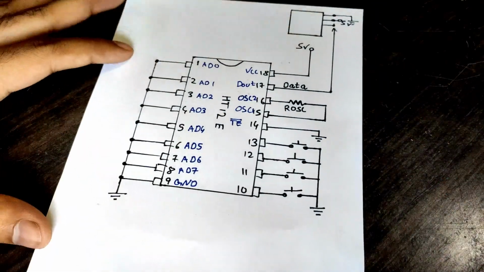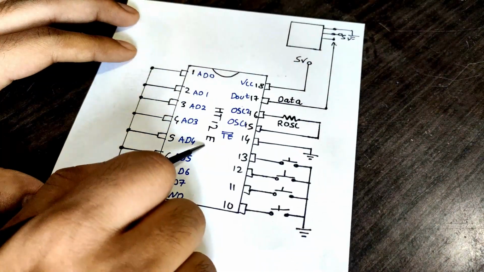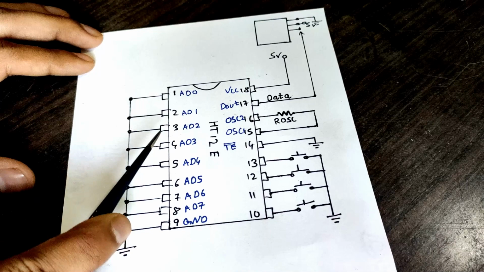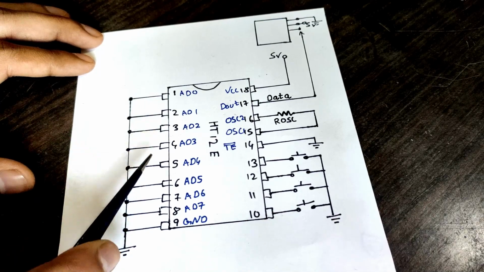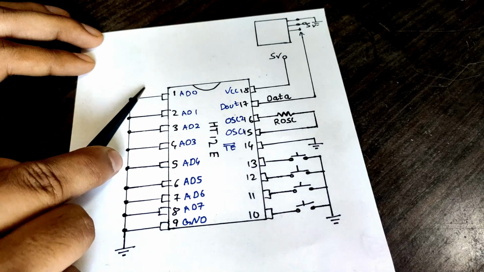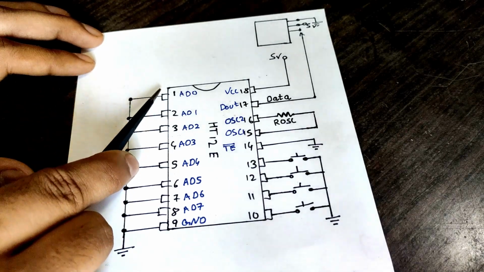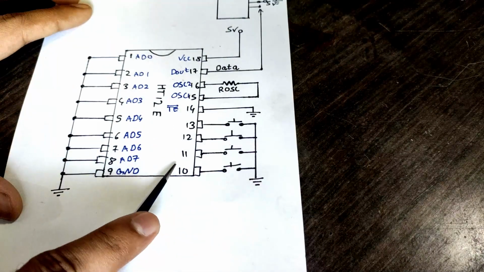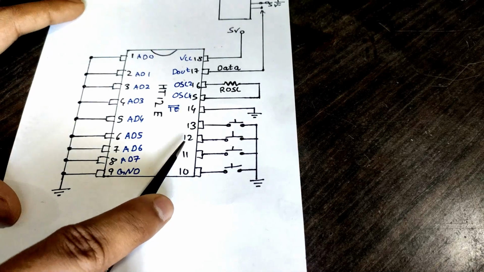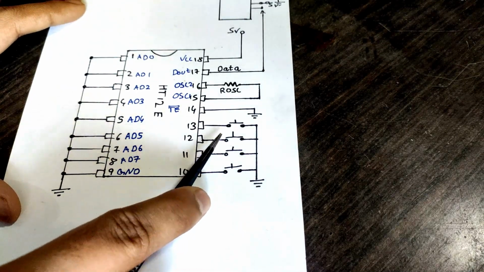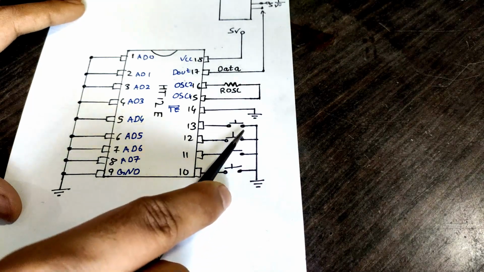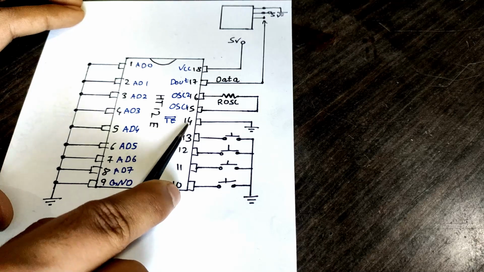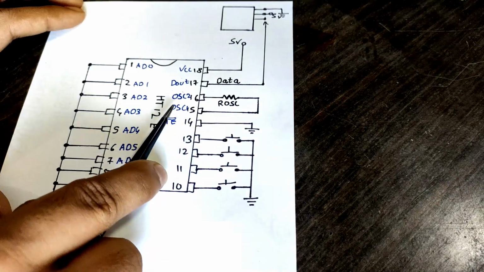Now let's take a look at the pinout and circuit diagram for the ST12E IC for the transmitter. As we can see, pins 1 to 8 are the address pins which will set the 8-bit address for the system. For this system, I grounded all the address pins to put 8 zeros on the address. Pin 9 is ground for the IC. Pins 10 to 13 are the data pins which will be used to connect 4 switches to control 4 outputs for our remote control system. The switches will be connected to ground. The TE is the transmission enable pin, which is active low. That means when it is connected to ground, the transmission will be enabled.